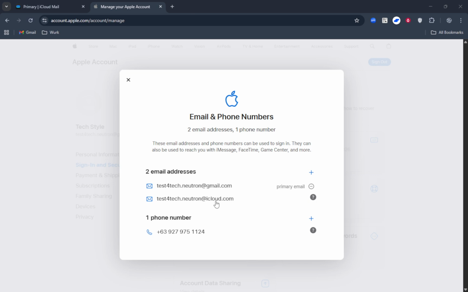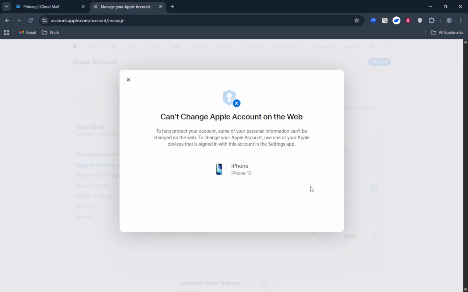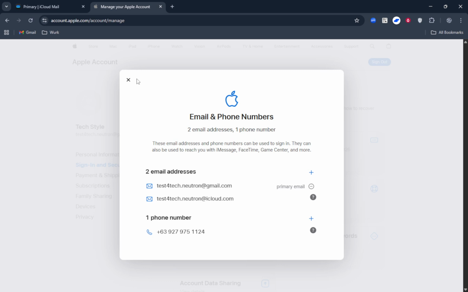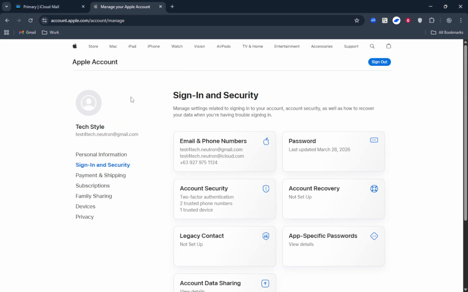What you can change is the email you use to sign into your Apple ID. If your Apple ID already uses an @icloud.com address, it usually can't be switched to a different iCloud address. With that in mind, I'll walk you through two practical paths: updating your Apple ID login email or creating an iCloud email alias as a clean, effective workaround.